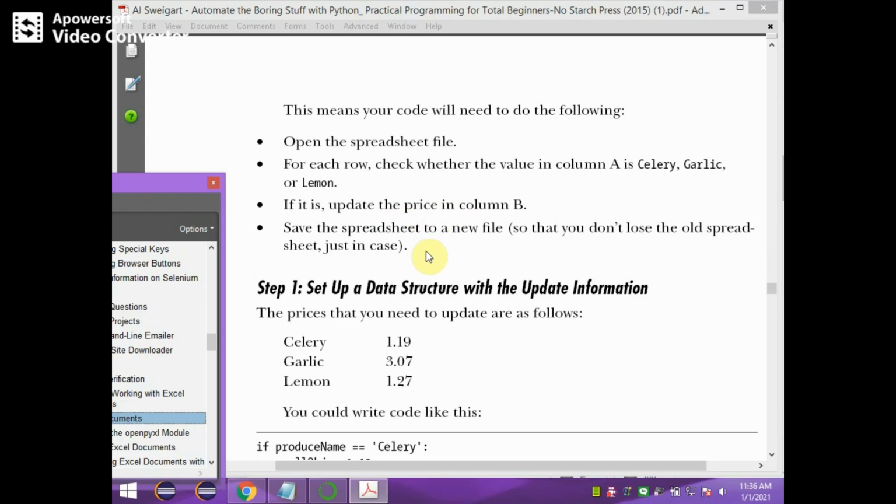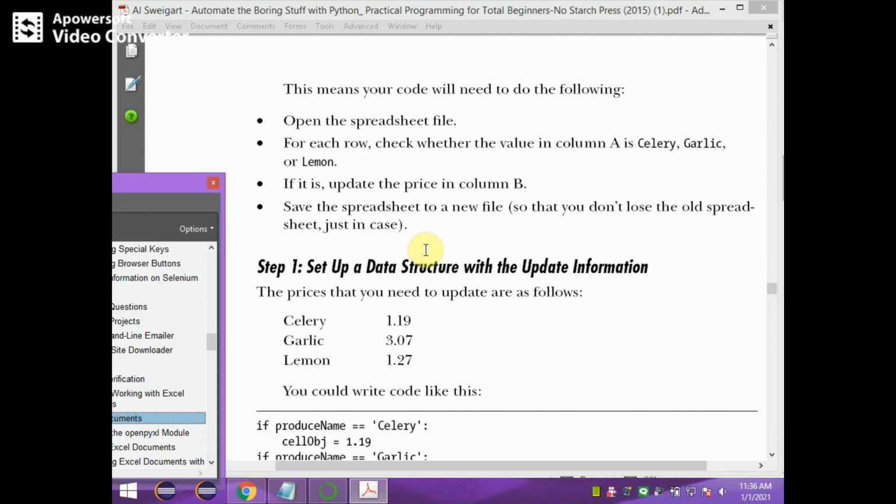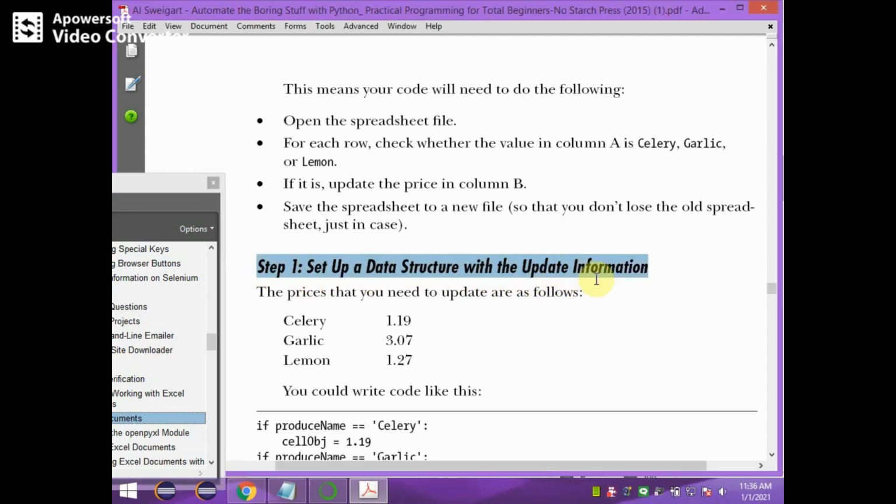The data structure with the update information is given here. Step 1 is to set up the data structure with the update information: product name, price, product name garlic, price, product name lemon, price.